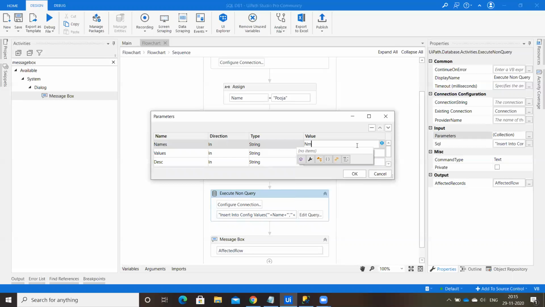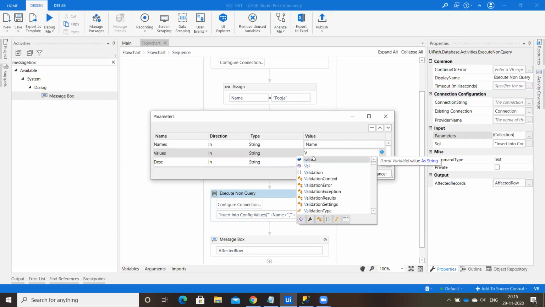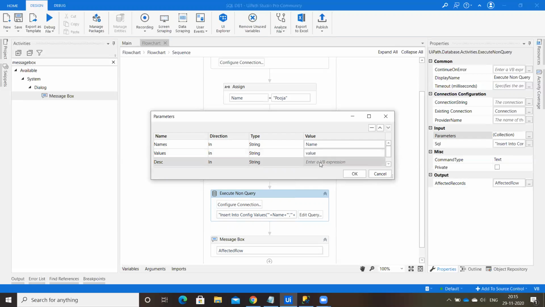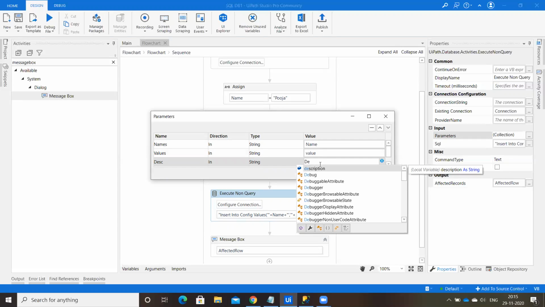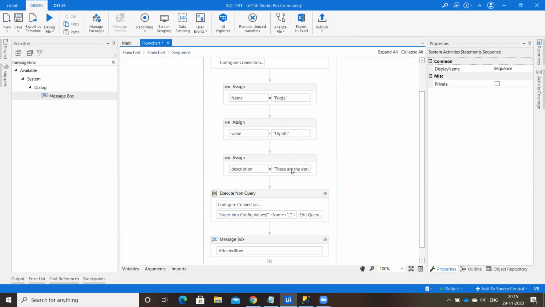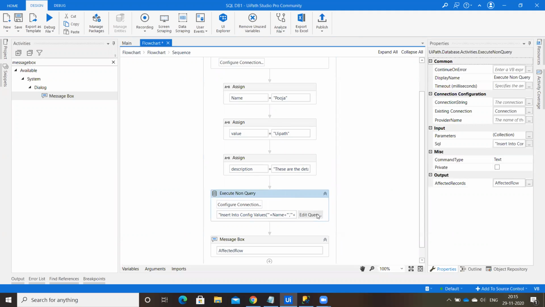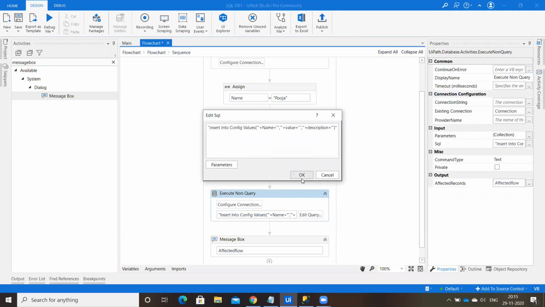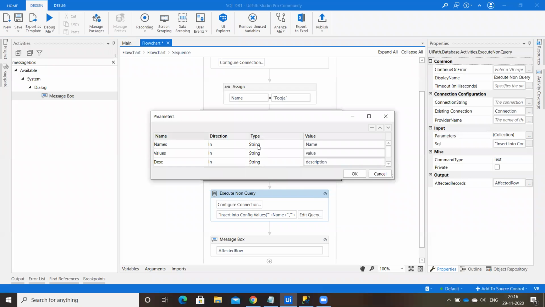And here you need to assign variables: name, value and description. Click OK. After passing parameters, here go to edit query in execute non-query, and as you can see here in parameters, you can get all parameters of